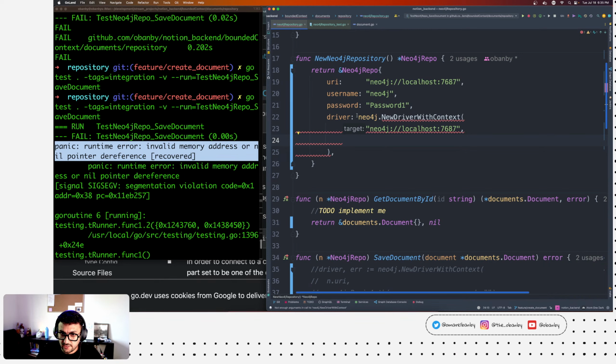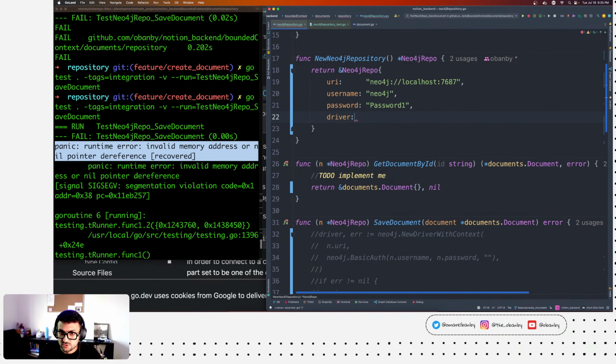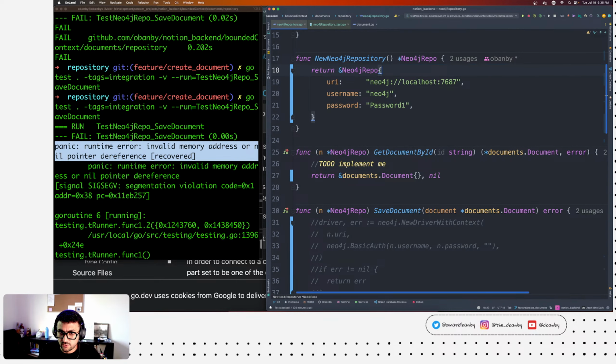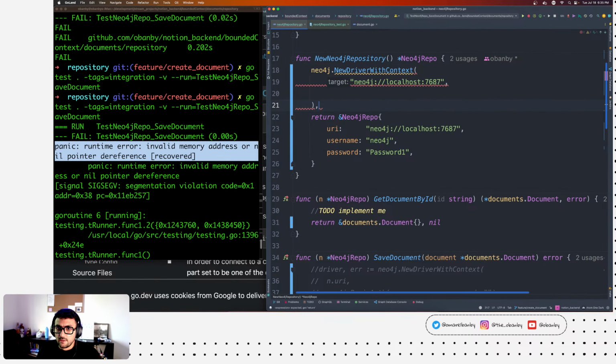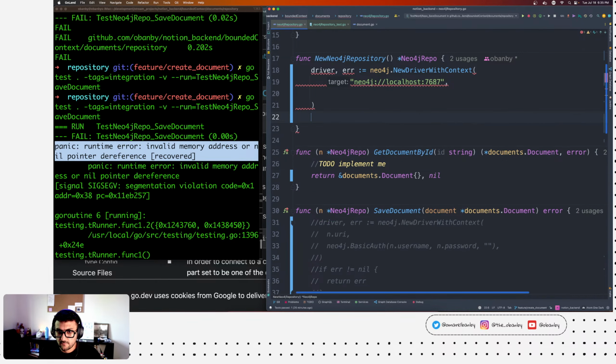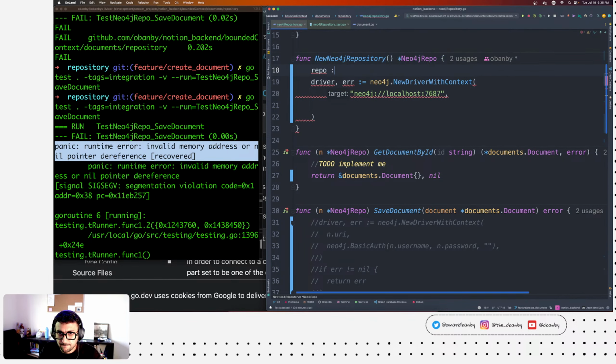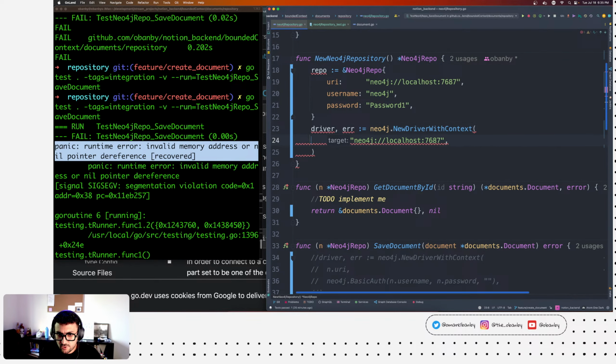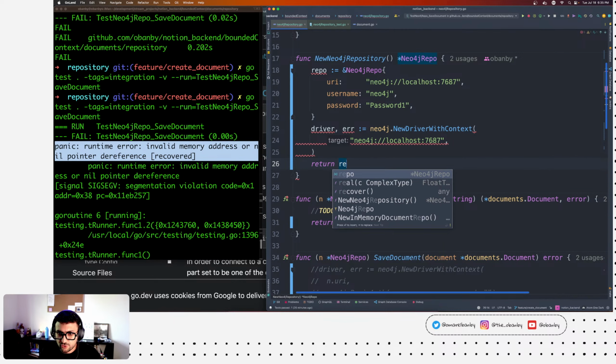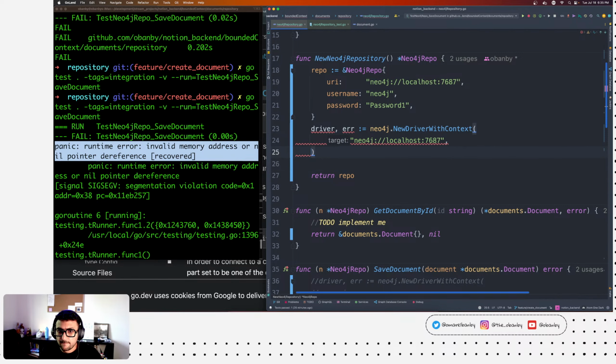Well, actually, I can't really even do this right now. So here's what we gotta do. You want to create a driver and an error, okay. So we're gonna say a repo. Here's my repo. Return me a repo. Magnificent.